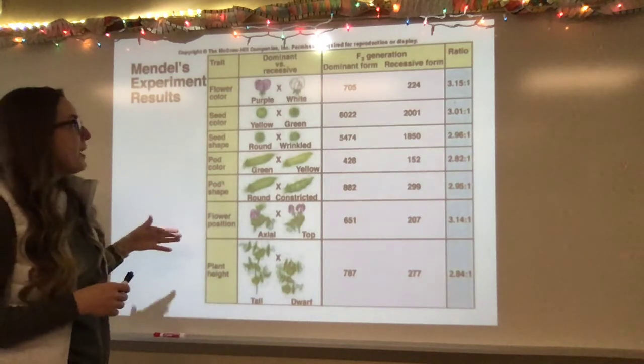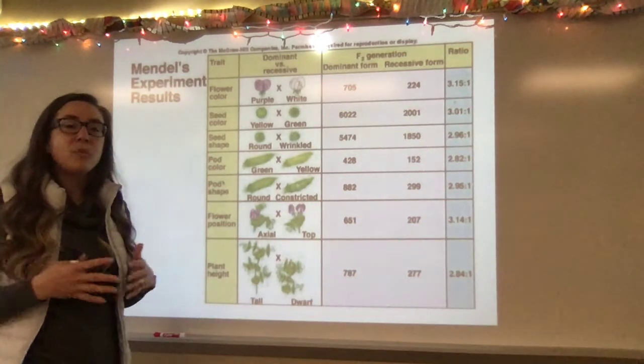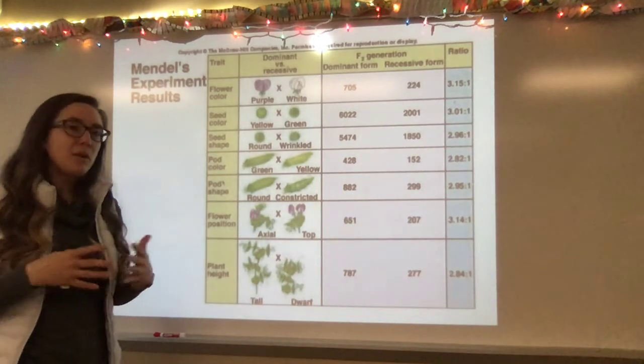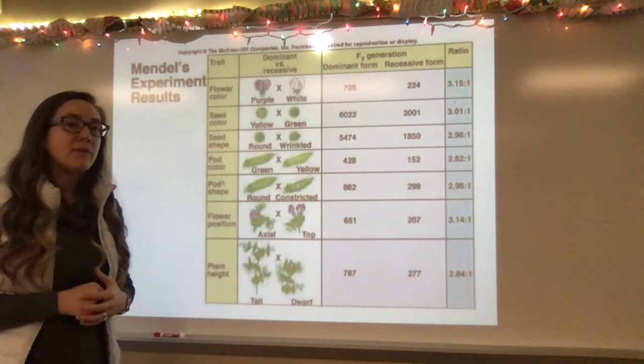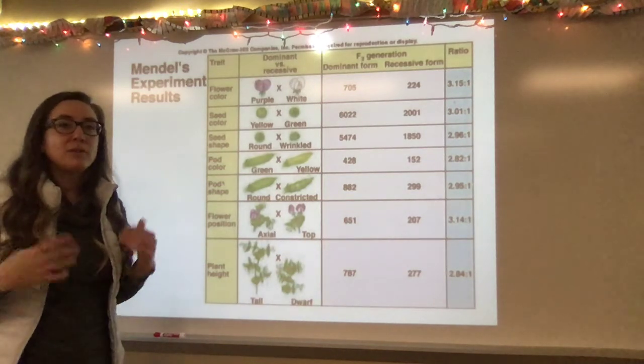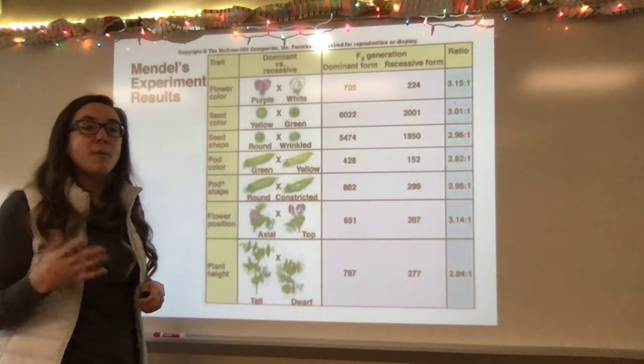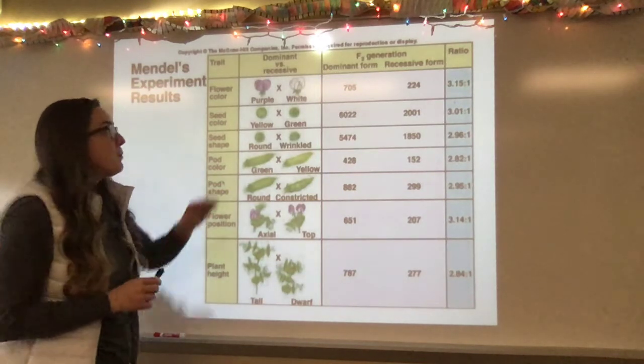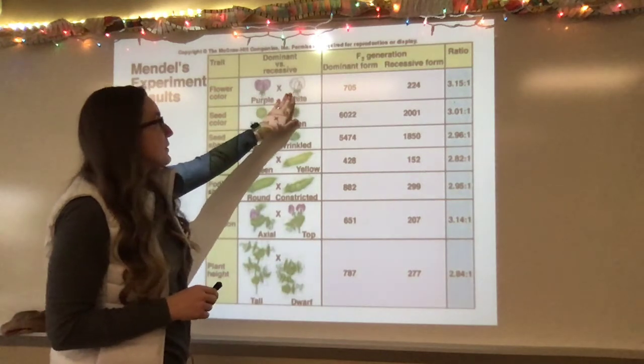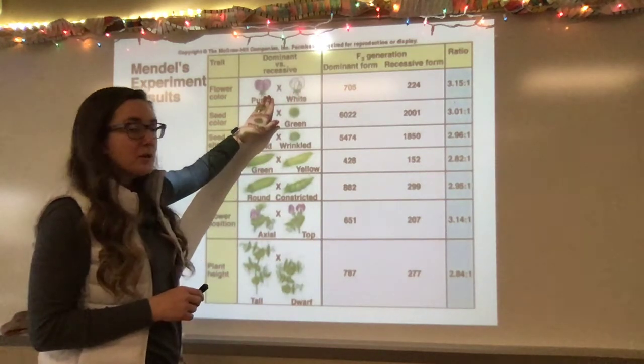For pure parents, it means that whenever they would self-fertilize, they would only and ever create that one variety. So if we think back to some vocabulary terms that you might be familiar with, they would be the homozygous individuals. And when he had two different parents for the same trait that were both pure or homozygous,